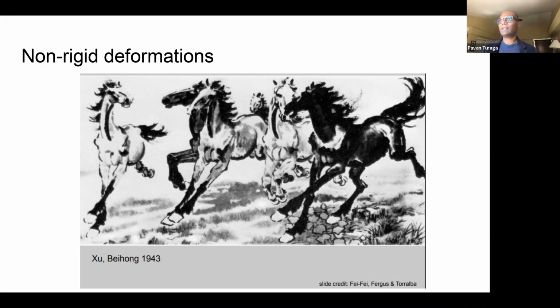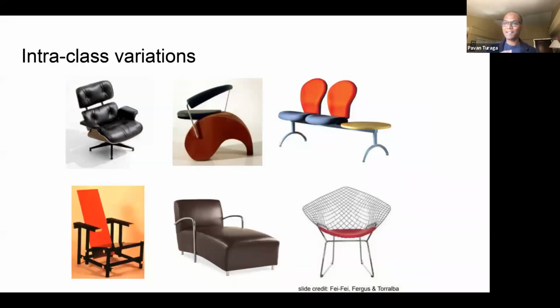So this idea that movement is a variable is also a very difficult thing to contend with, because there are no simple equations you can write that describe the movements of these non-rigid objects. And of course, there is semantic variation, which I'm talking about here, which is, given a single object class, what is a chair, irrespective of illumination, viewpoint, deformations, there is this entire higher level of variability,